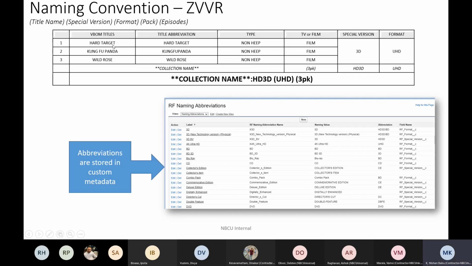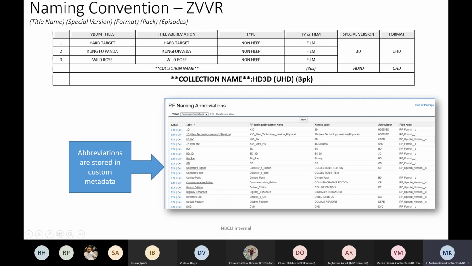If you have more than two films, like these 3 films, we'll simply append the collection name, the special version, the format and the 3 pack, which is nothing but the pack count. Pack is considered only for films.